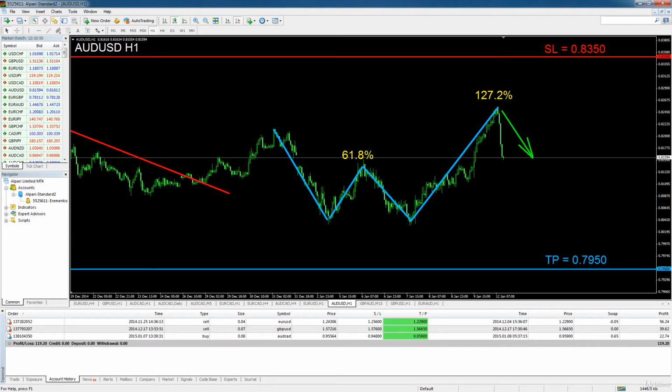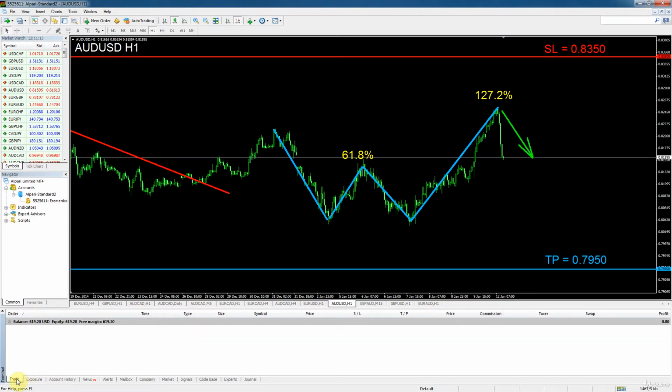In today's tutorial, we will be conducting our fourth live trade on our real Forex account. As you can see here, down at the bottom, we've got our three profitable trades that we've had so far and that have brought us $119.20. And currently on this account, I have $619.20 of available funds. So today we'll be looking at the Australian dollar, American dollar hourly time frame, and here